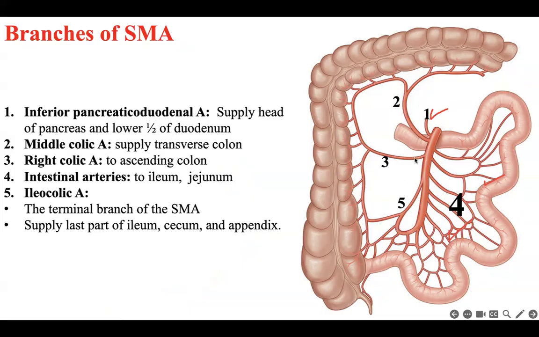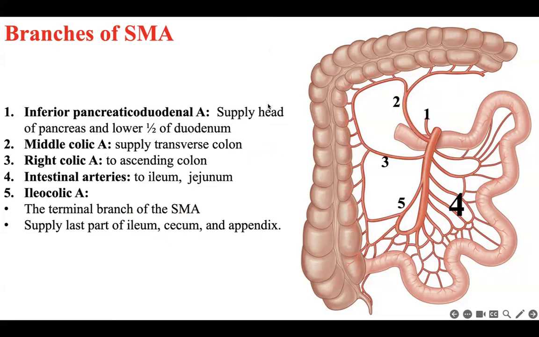After that, it gives the right colic, which gives a branch up and down to supply the ascending colon. Then a branch to the transverse colon, the right two-thirds, called the middle colic. Not all of the transverse colon, only the right two-thirds. And also it gives a branch called the ileocecal or ileocolic, which supplies the ileum, the cecum, and the appendix, the appendicular artery. These are the branches of the